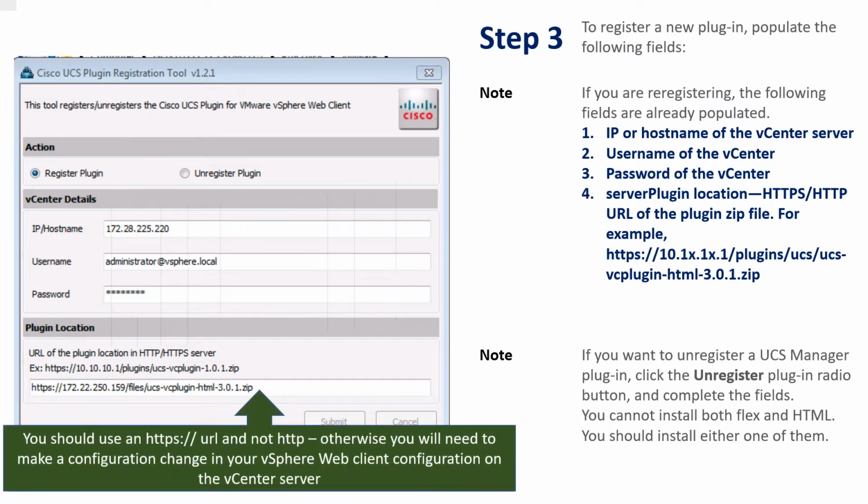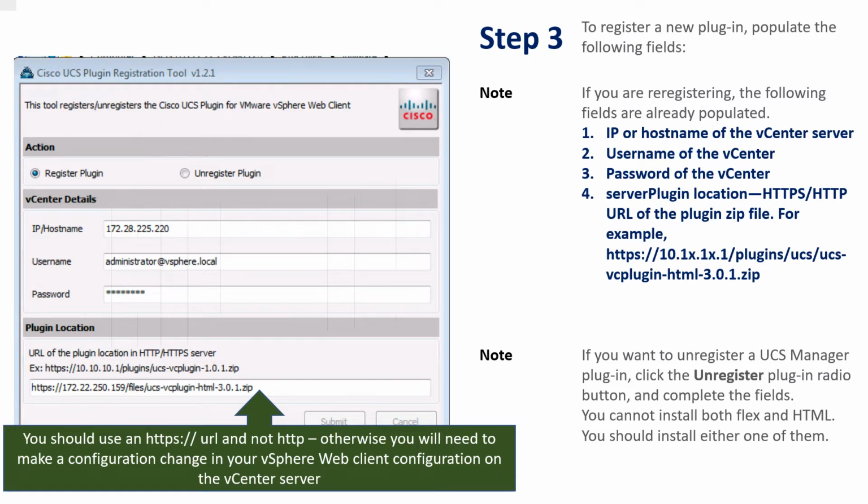The plugin should be hosted on a local web server, which can be an HTTP web server or an HTTPS web server. So you need to put that zip file there. After putting that file, you need to provide the location in the plugin location field, like HTTPS colon slash slash 172.22.250.159, files, and the UCS VC plugin HTML zip file location.